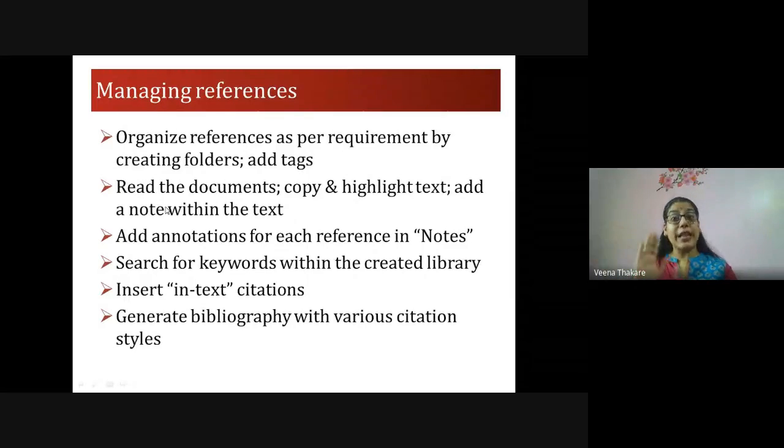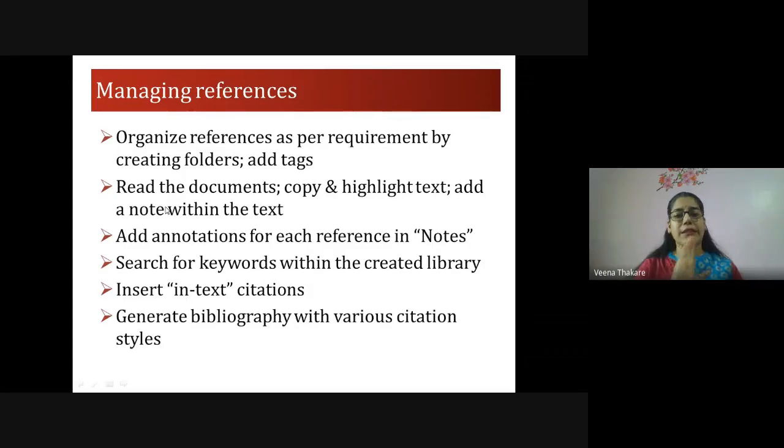You can insert the in-text citations in the Word format, and you can generate the bibliography also with various citation styles. For our social science references, I think the citation style is APA, American Psychological Association, the 7th edition or the 6th edition, whichever you prefer. Or if you're submitting an article to some journal, they have their own particular referencing style, so you should submit the references in, say, MLA style or Chicago style.